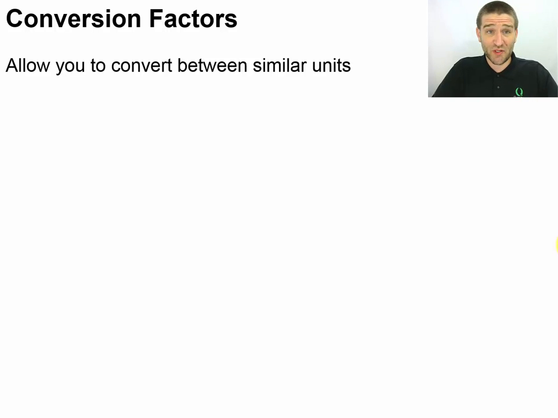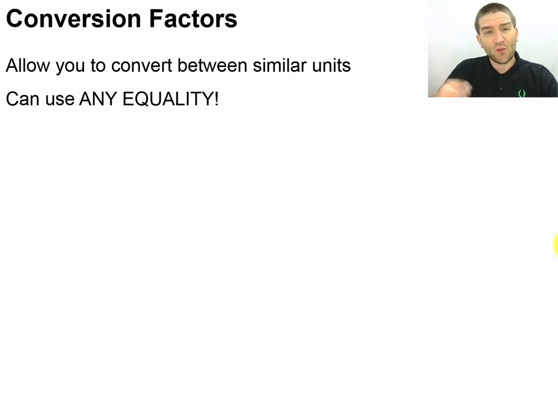If you want to do well in chemistry, you really need to master using conversion factors, because conversion factors will allow you to convert between similar units, and we'll also have a few that let us get between dissimilar units. When I say similar units, I mean things like different kinds of length or different kinds of temperatures, just the different units that we have. Now, we can use any equality at all to make one of these,